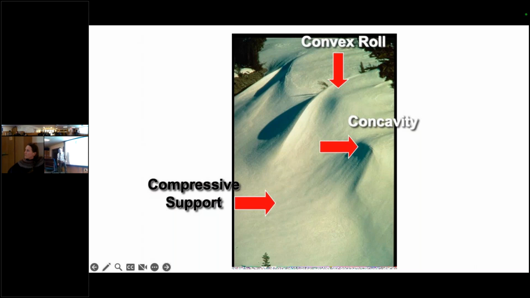Again, different examples of it. You've got concavity here, a convexity there, and then compressive support from below on that concavity. Benches and anything that breaks the slope is what supports it. If you just have a 1,000-foot, 38-degree slope, that's an unsupported slope. But the more features you have to hold that slope up, like benches, which are a prime example of compressive support, the better.